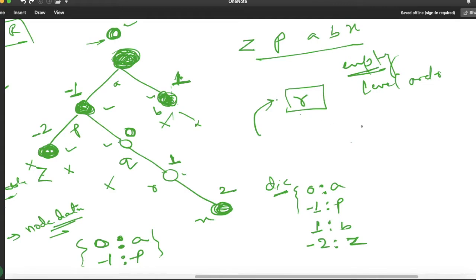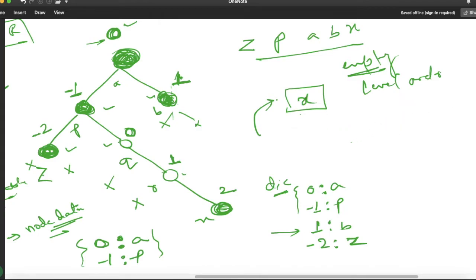So what we will do, we will simply pop out this R, and the value with R is 1. And after that we will check whether the left child or the right child is present or not. So left is not present, right is present, and right is having value X. And after that we are going to check whether this variable 1 is present as a key in my dictionary or not. So if you see here, 1 is already present, so we are not going to insert this.